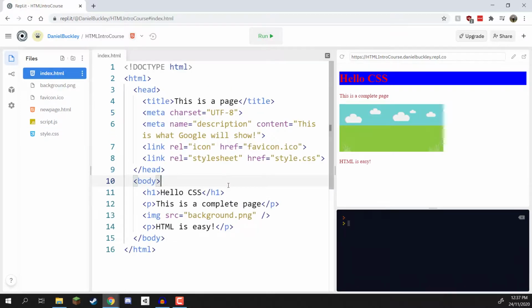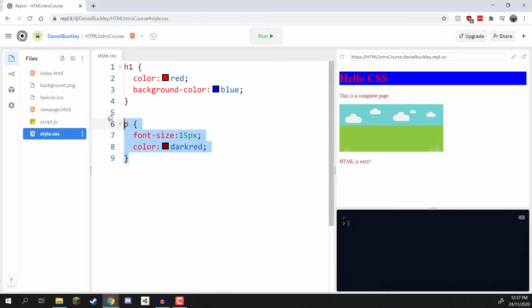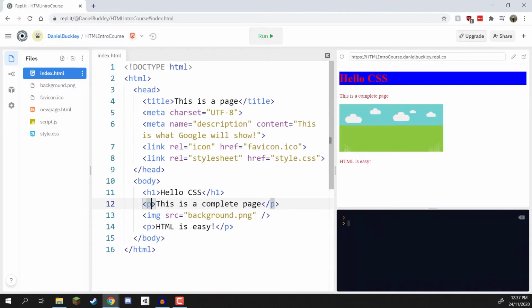Okay, so there's one more thing I want to go over before we continue on to the next lesson, and that is modifying the CSS of individual tags themselves. Okay, so let's just say you only want one paragraph tag to have a certain style. Now, a quick and easy way of doing that is by, for example, if we go to the paragraph tag right here, actually let's go to style.css and remove this paragraph tag here first, just so we don't have those clashing. Go to index.html, and inside of the p tag here, we can go style